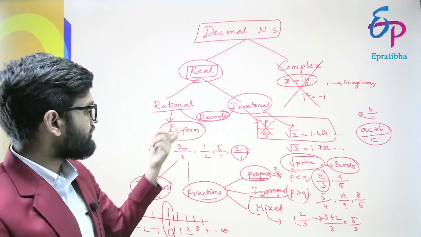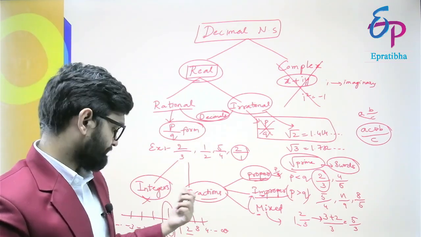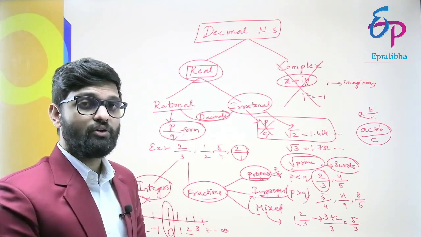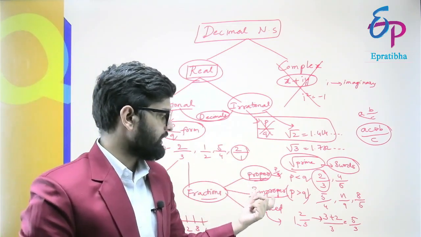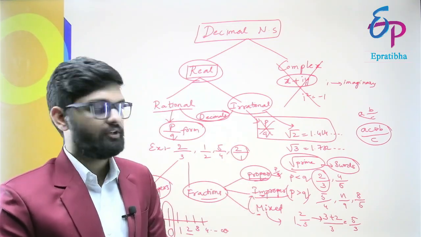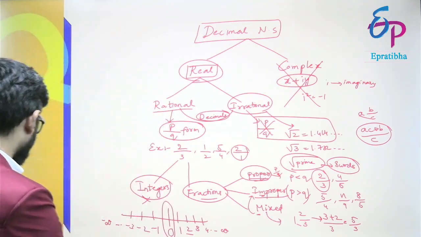The rational numbers are further divided into two types. One is integers, another is fractions. Integers are a combination of three types: 0, positive numbers and negative numbers. Fractions are also of three types: proper fraction, improper fraction and mixed fraction. I have given the examples as well. So moving on, we will see what are the